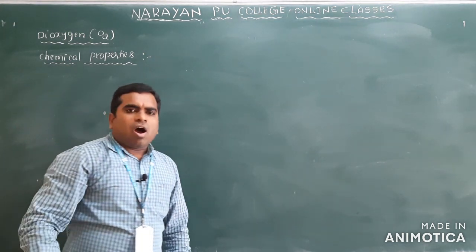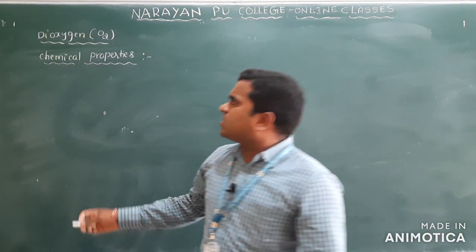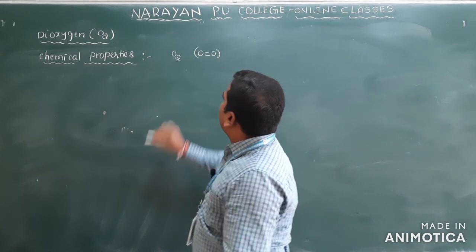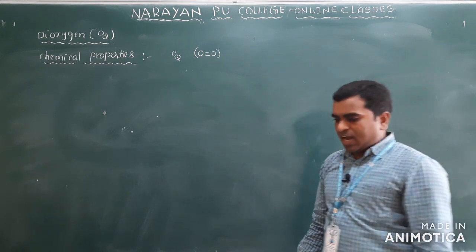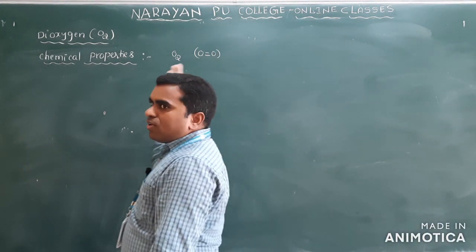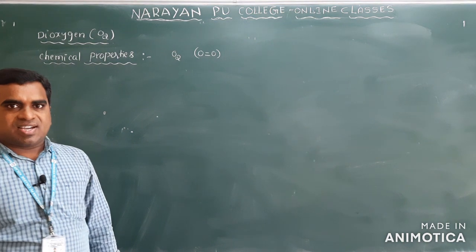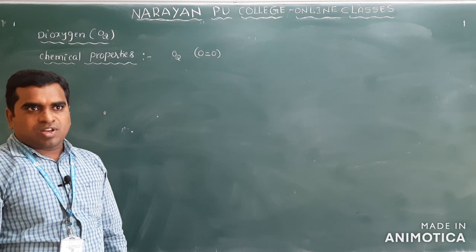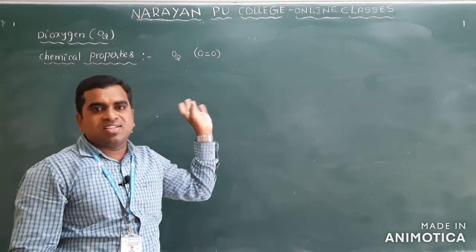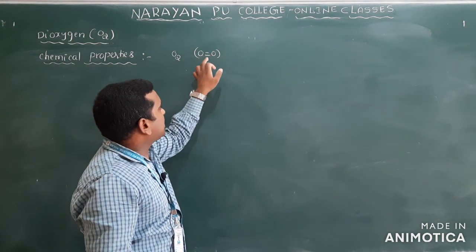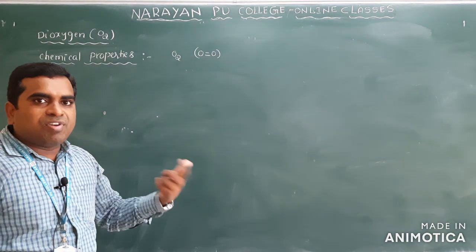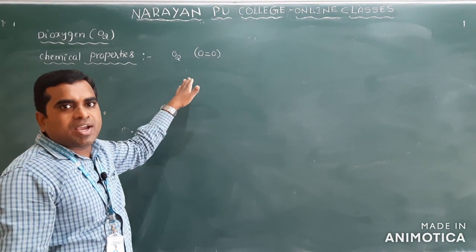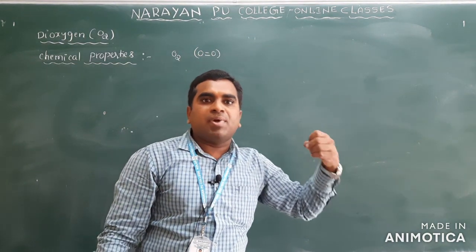You know that between the two oxygens, what is our formula here? How will we write the structure? There will be a double bond present between the two oxygen atoms, and that's why whenever oxygen is involved in reactions, initially it requires some heat energy to break this bond. Clear? Because it is not a single bond, it is not involved easily in the reaction. So first of all, whenever oxygen is involved in any reaction, the double bond has to be broken. How will it be broken? By initially supplying some heat energy.